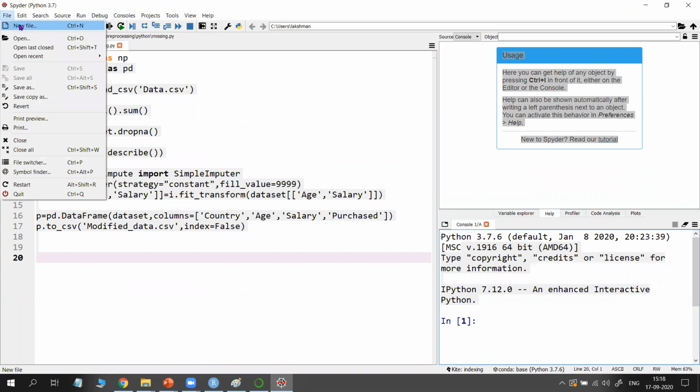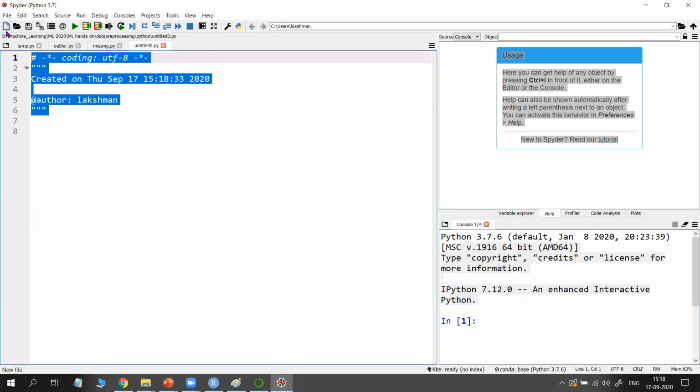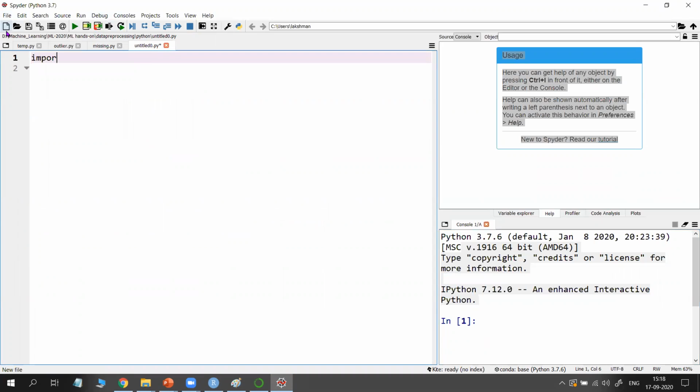So how to load the dataset? Consider a new file. Type import pandas as pd. Just select this and press F9. If there is an error, it is shown in the console, see bottom right. Otherwise, nothing appears. Next, I want to load the dataset.